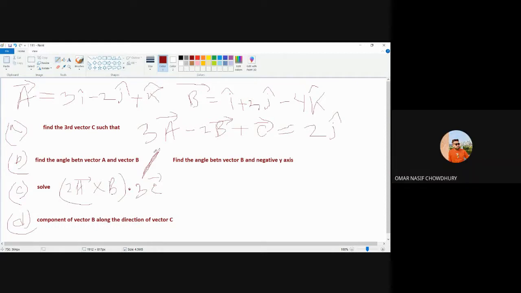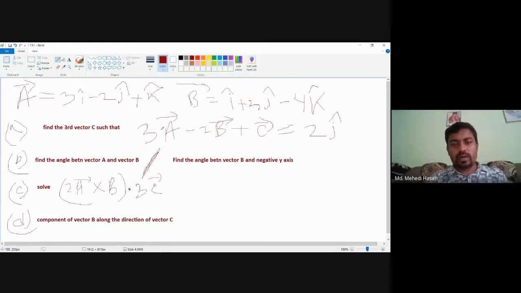Okay, so if we solve them one by one, say if I solve part A, so vector C will be equal to twice B, 2B minus 3A